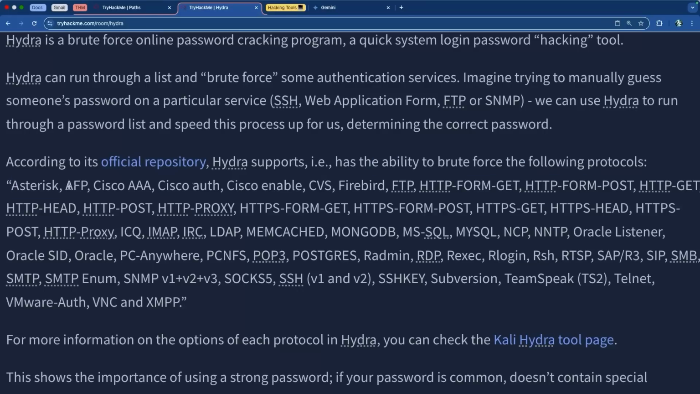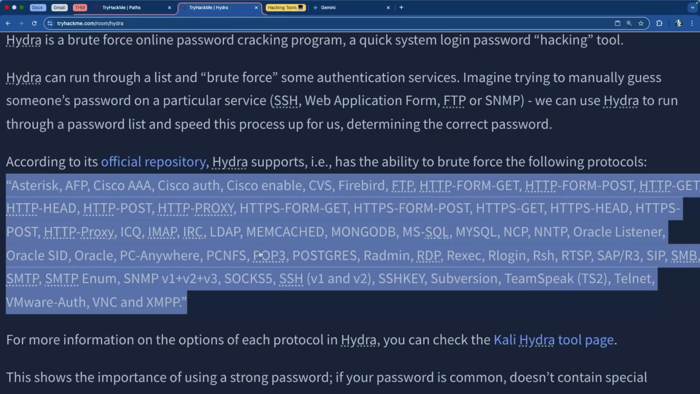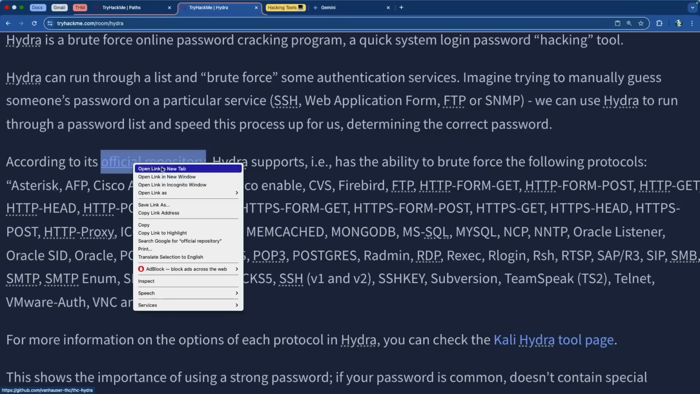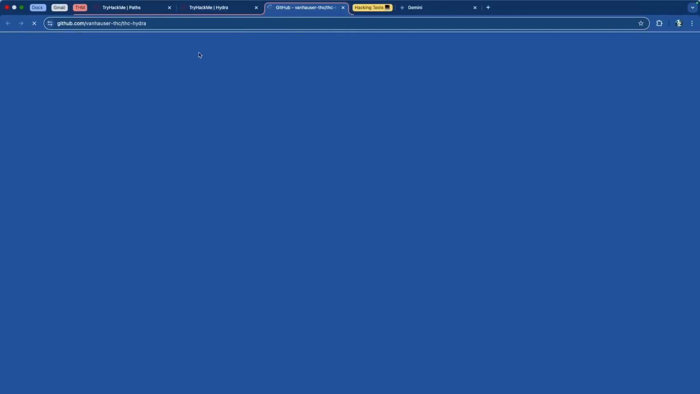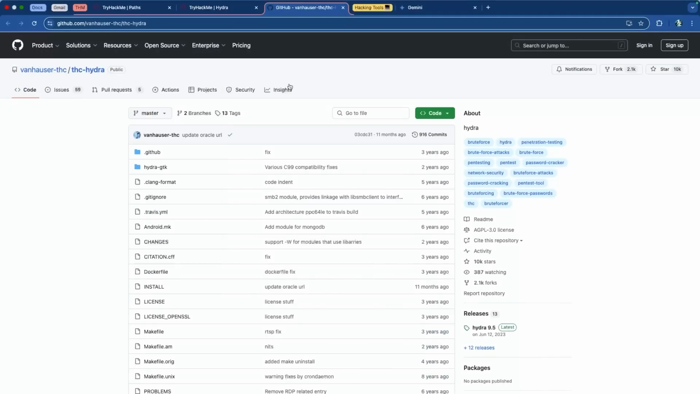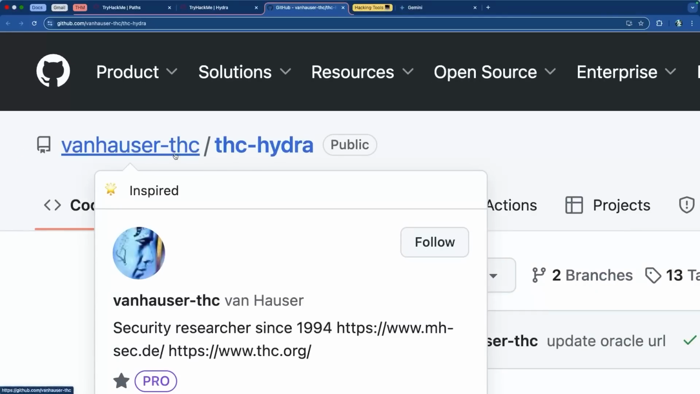So I'm not going to go through this entire list. This is a massive list. If you want to pause it and go through the list, you most definitely can. You can also go to their official repository, which would be, of course, on GitHub. And this is a weird little introduction, or the way that it displayed for us. The style sheet wasn't working for whatever reason. But this is the creator, which is van Hauser. So if you go to vanhauser